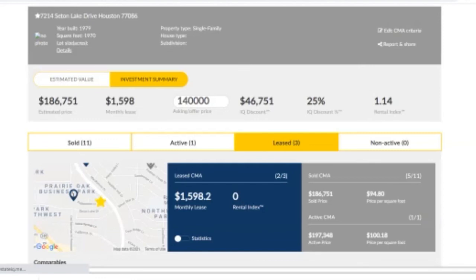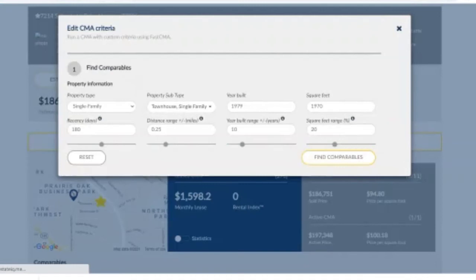that lets you do that. So what I would do is I'd go to the CMA criteria and I would see what happens if I max these out a little bit. In fact, I'm going to make it 2 miles. I might get too many, we'll see. And then I'm going to go find comparables. So this is just redoing the comp, but it's expanding the parameters, so it's going to show more properties. So if I want to search those expired and terminated listings,